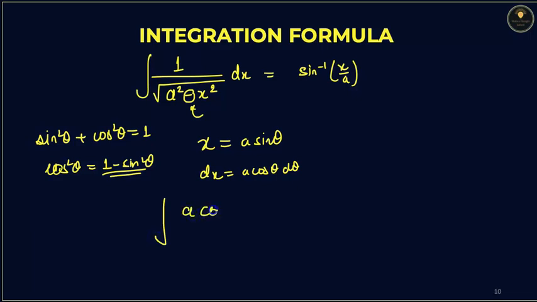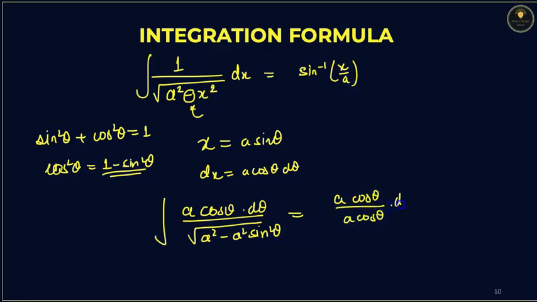Instead of dx, you will write a cos theta into d theta, and in the denominator you will write a square minus a square sine square theta, and that can be written as a cos theta upon a cos theta into d theta. A and a will get cancelled, cos theta and cos theta will get cancelled. You will get the integration of d theta, and the integration of d theta is theta plus c, and you will get the value of theta as